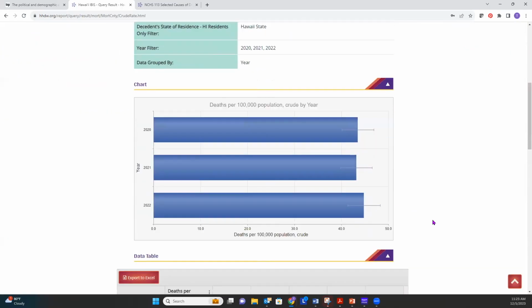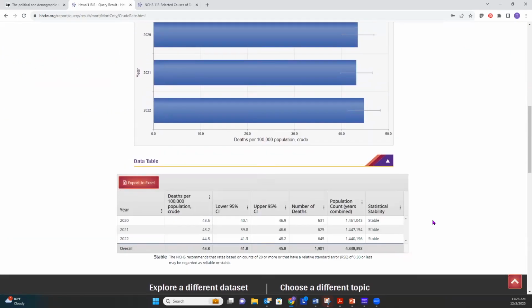And you can see then that over this 3-year period, there were 1,901 deaths due to unintentional injuries, and the crude rate overall is 43.8 per 100,000 population. So I can go here and I can play and look at it by age group and so forth. I can alter that query, but I want to just show you fast what the age-adjusted unintentional injury death rate